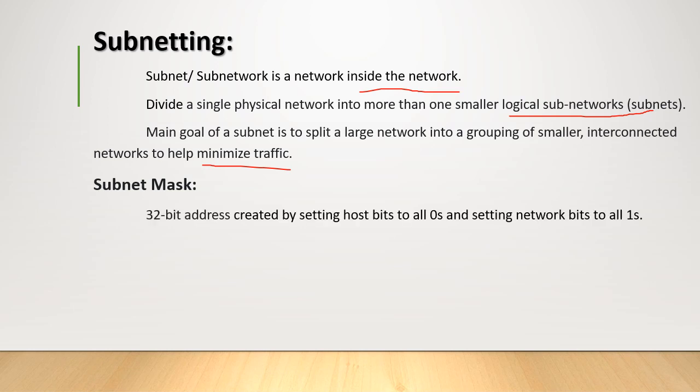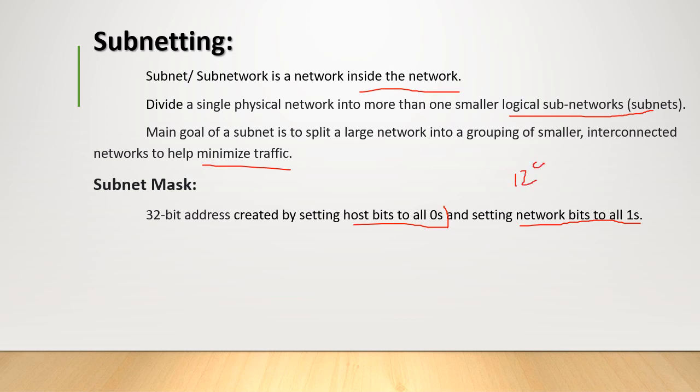Normally, the subnet mask is a 32-bit address. Many people confuse this with an IP address. This is not an IP address. It's just a 32-bit address that is set up to divide the network part and host part. All zeros belong to the host part, and all ones belong to the network part. So as we saw in the previous session, 129